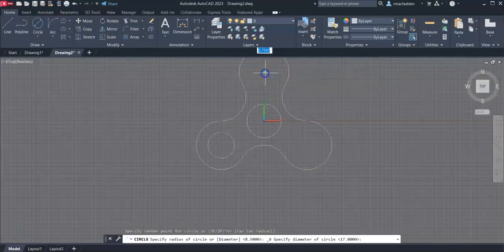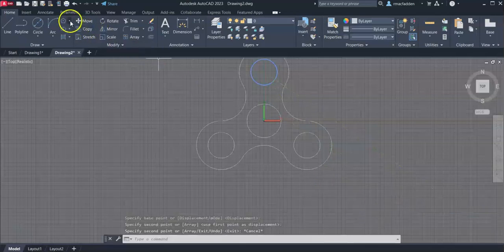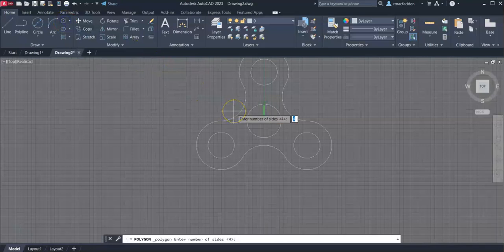up here. And again, we could just be copying these if we so choose, whichever you think is going to be easier. So if I pan over the edge of that circle, center comes up for me. Now I'm going to go to my shapes, and I'm actually going to choose polygon. When I select the polygon, it's going to ask me how many sides. Now there's 6 on a standard hexagon or nut, so I'm going to hit that, and I'm going to go